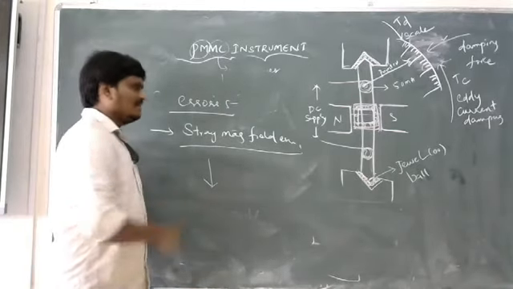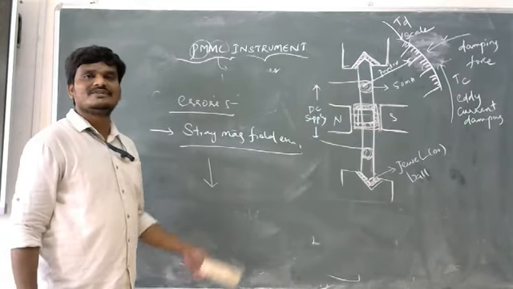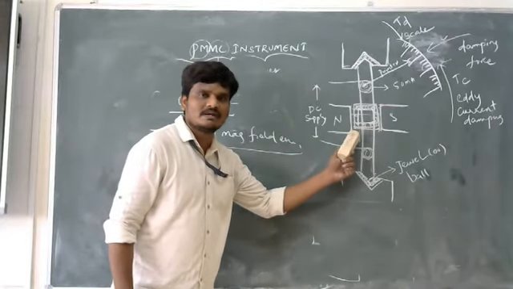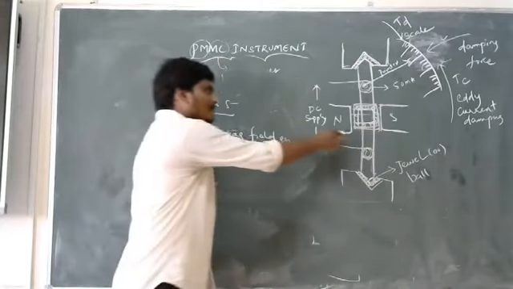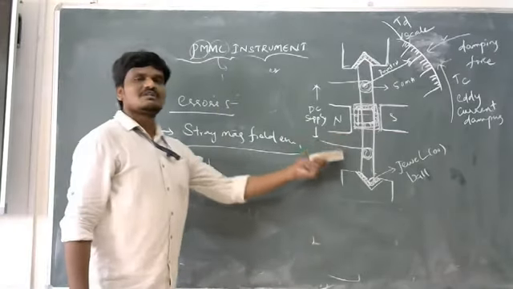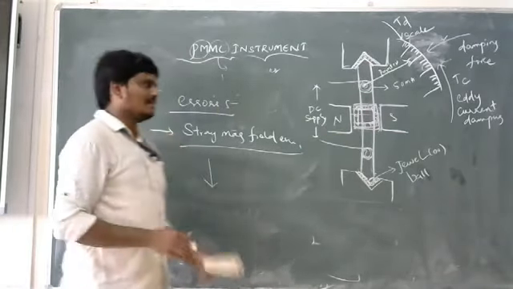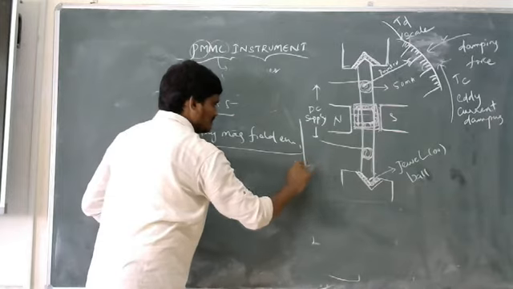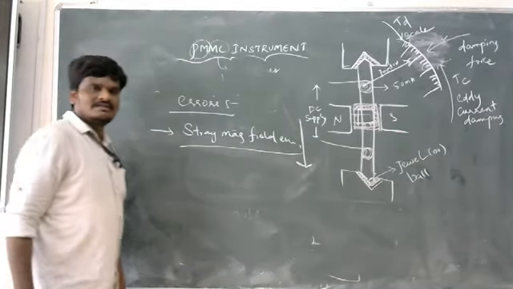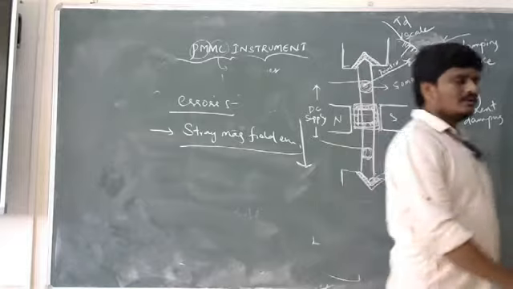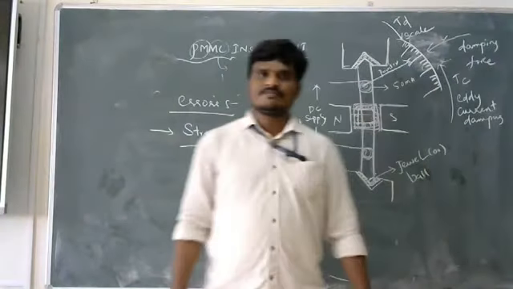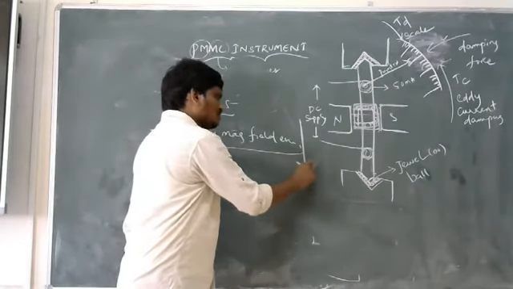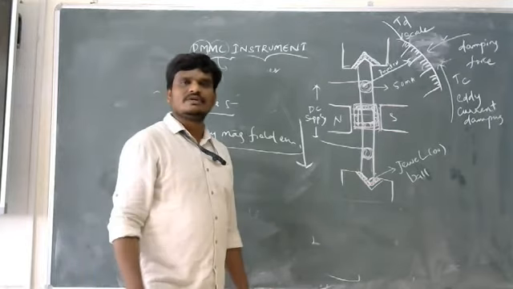As we have discussed earlier, stray magnetic fields are mainly due to external magnetic fields. But the magnetic field that I am using in a PMMC instrument is very strong, as I am using a permanent magnet. So, due to the usage of permanent magnets, as there is a strong magnetic field, the stray magnetic field errors are very less in a PMMC instrument. If you want to reduce the stray magnetic field errors, you need to use a strong magnetic field as a base.